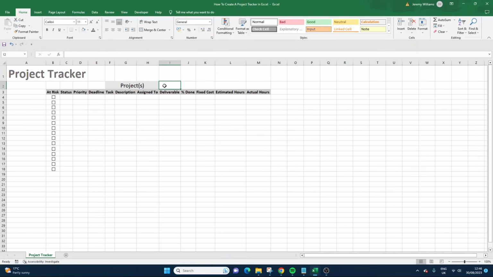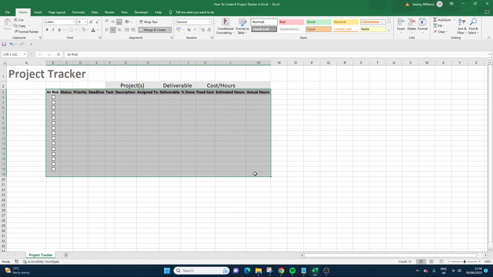Okay, now the next one we're going to do is deliverable. I'm going to merge this to percentage done, Format Painter, done, and then the last set is going to be cost and hours. So in here we're going to put cost hours. I'm going to merge these, and I'm going to hit this, and sorry, I should have done that. Format Painter, done. So now we've got some different kind of areas, and what we can do at this stage